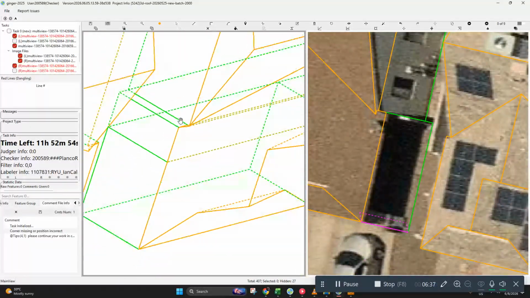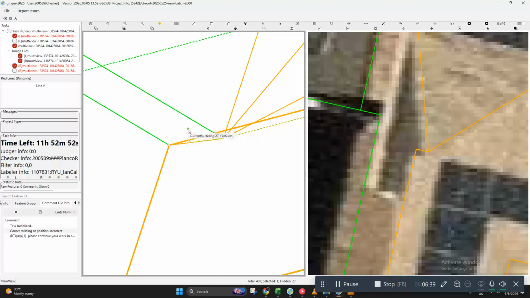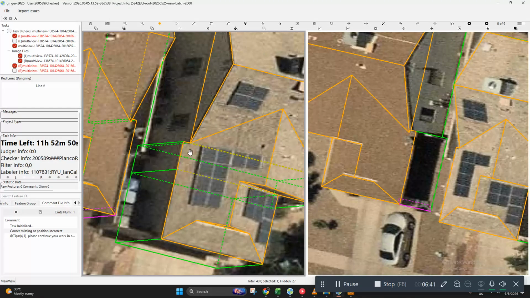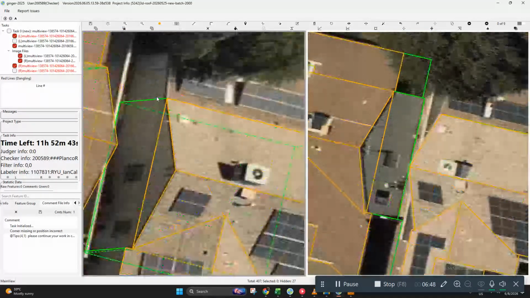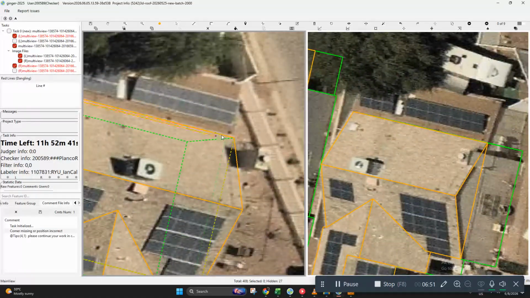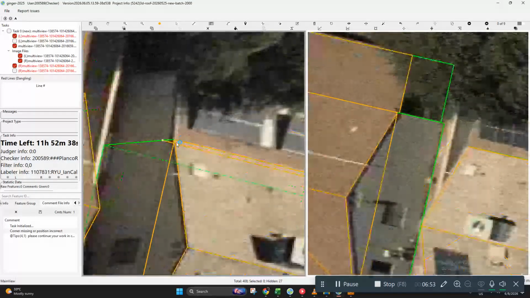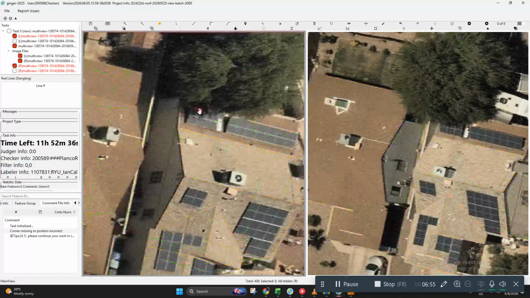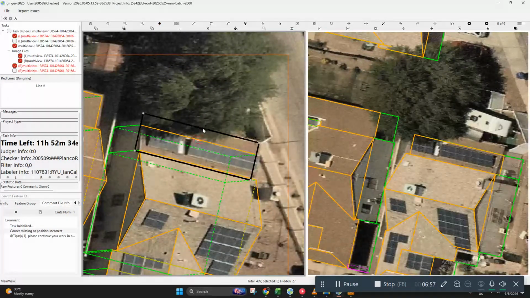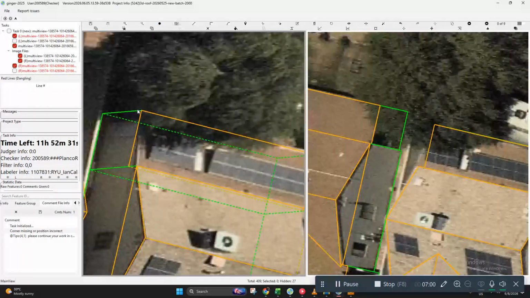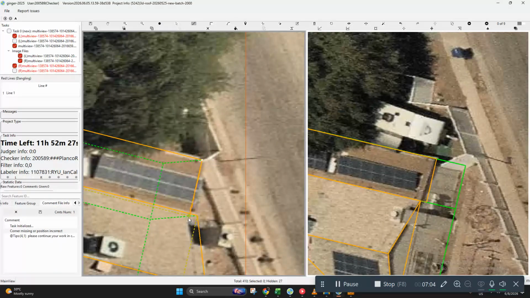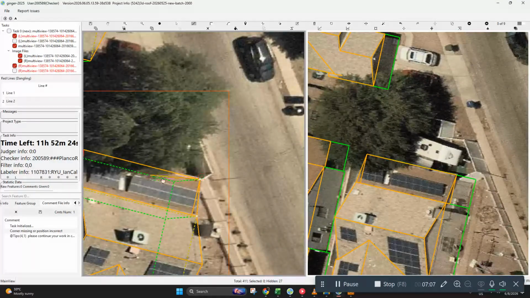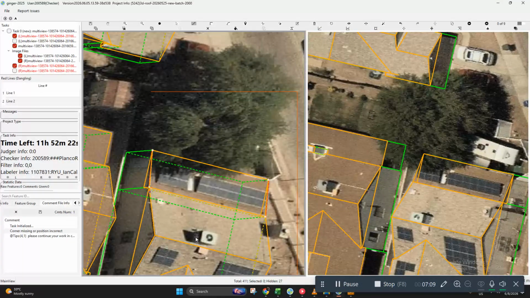So actually, when you match angles, there's a possibility that there is a height difference. So let's try to finish this one. This should be an easy fix. Draw it like so and close. And lastly, this area right here.